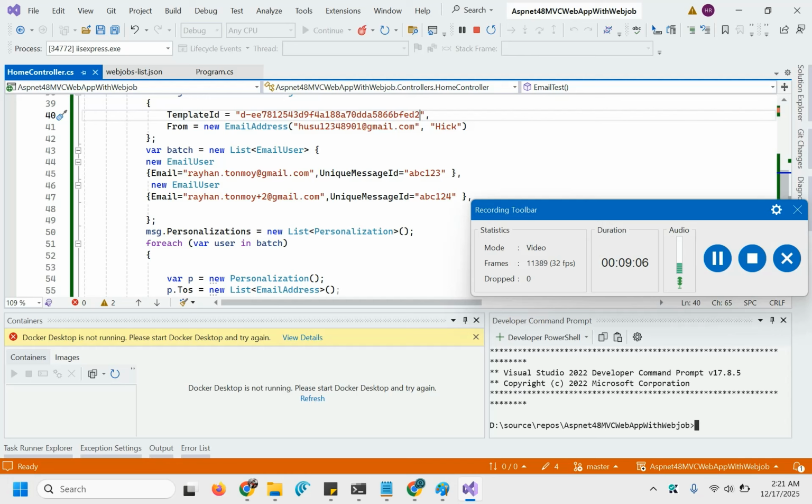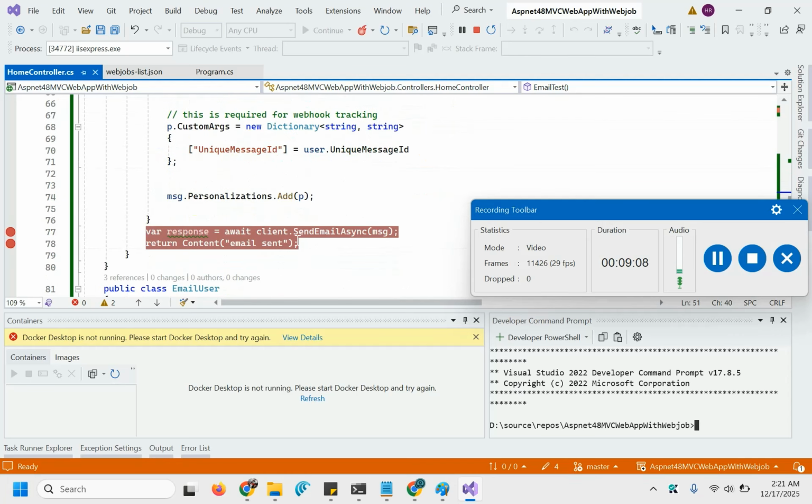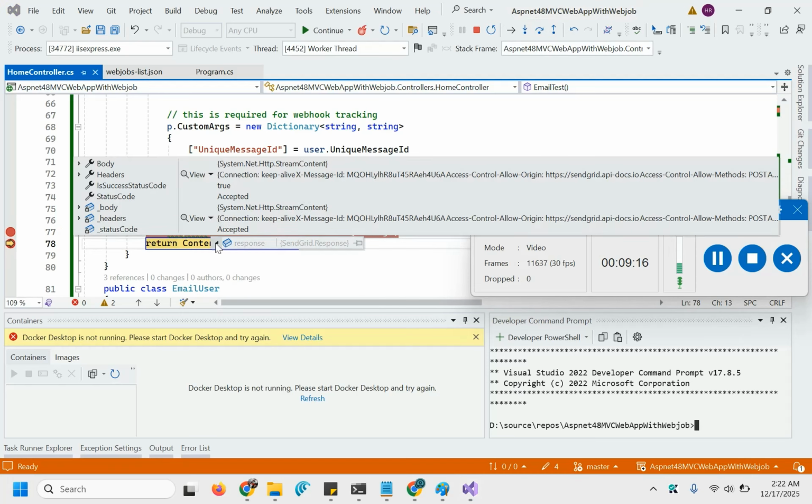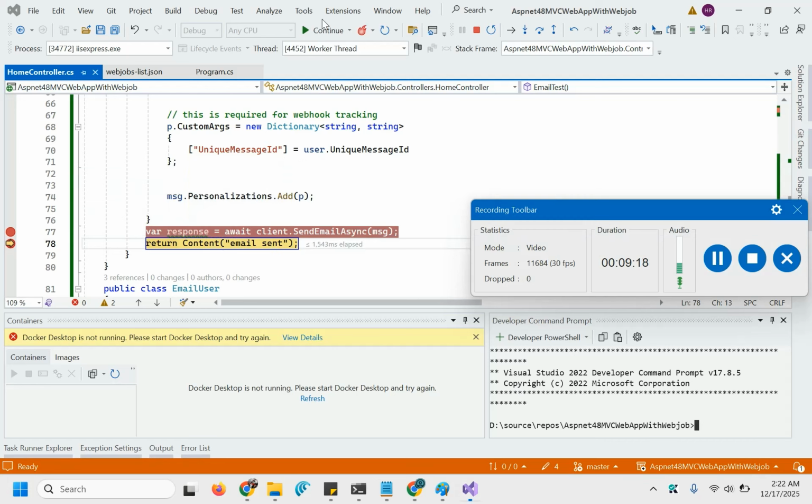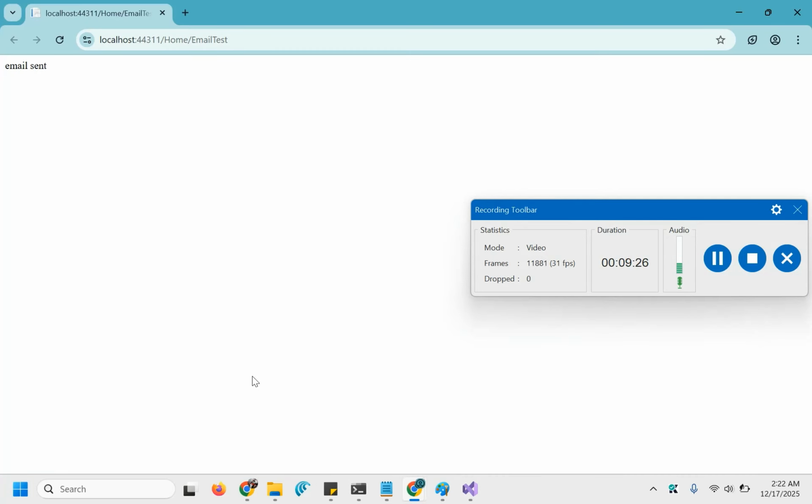Do I have a breakpoint? Yes, I do. The breakpoint actually hit. And let me check whether I got success status true. So let me continue. And the mail actually sent.